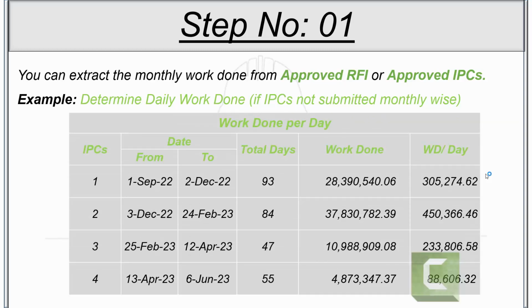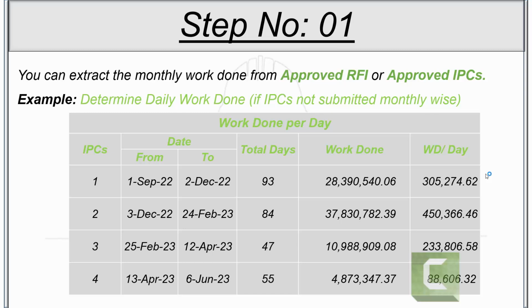This is some random project which starts on 1st September 2022, and the first IPC is generated on 2nd December 2022 after 93 days,